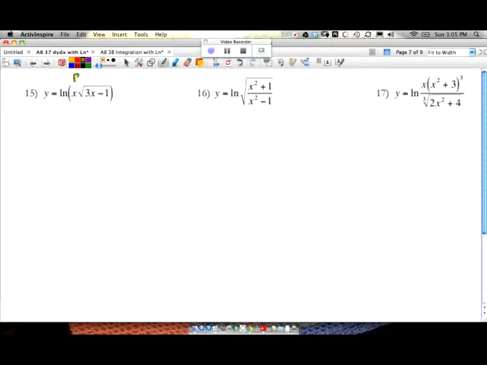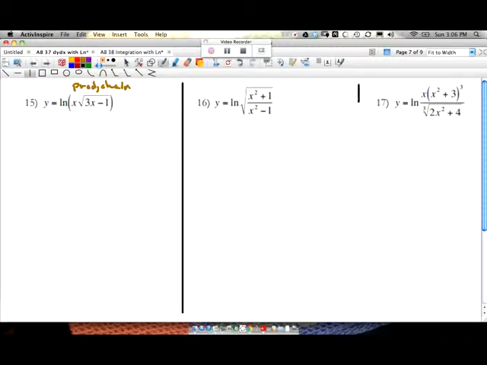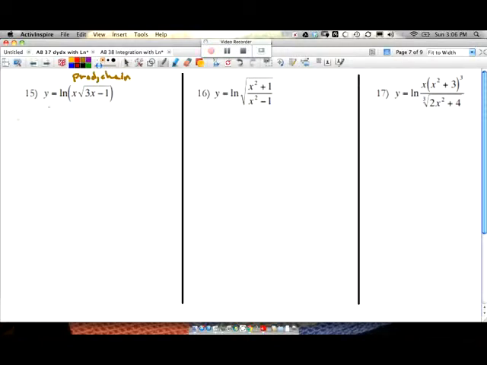Okay, so right here, normally I would think this is product, this is chain, and we've got natural log, all kinds of stuff. But let's do the manipulation ahead of time. All right, let's define our workspaces. There we go. Okay, so again, let's deal with this one layer at a time. So we have y equals, we can split up the product of those two things, natural log of x times natural log of 3x minus